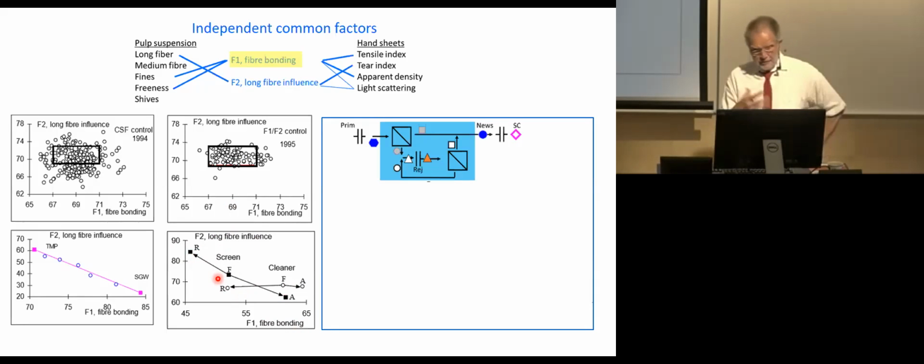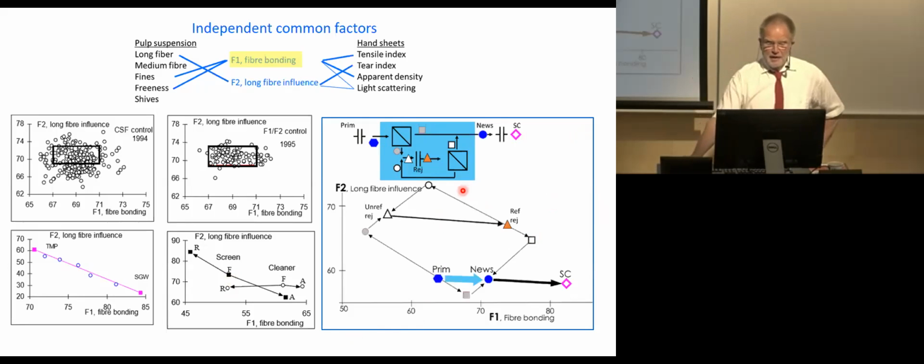Now, a process, very simple. Although it's not that simple. Here you have a refiner, and then you have a whole bunch of equipment, and out comes a pulp. That's what we normally use in the mill and discuss, and put in a table. But you can actually describe this whole process in a single map here. So we can discuss where we are. For instance, we start the process here, and all this pumping around, treating, mixing, remixing,